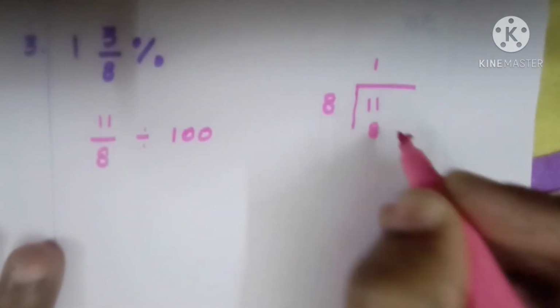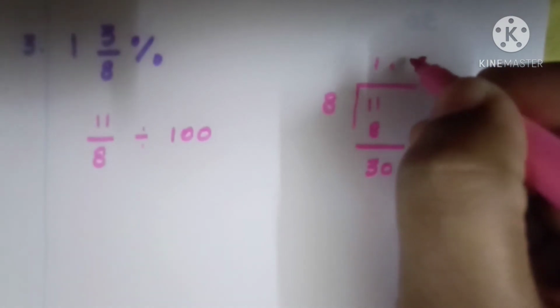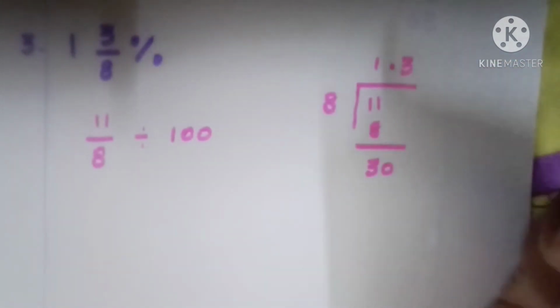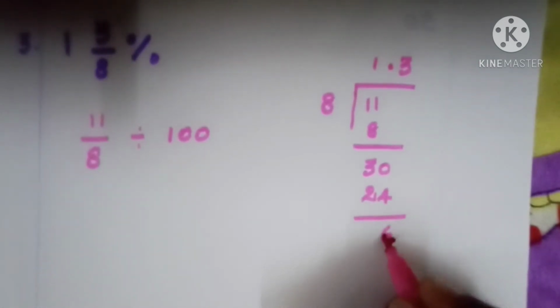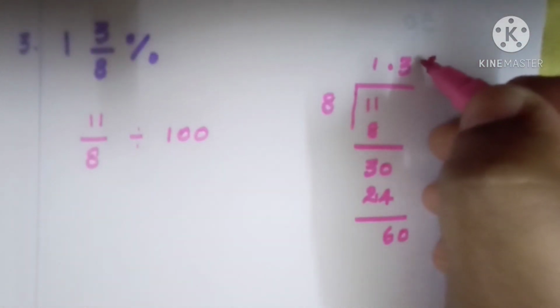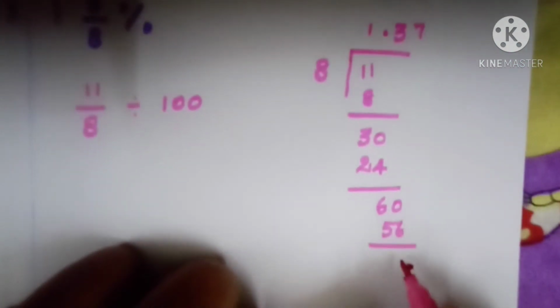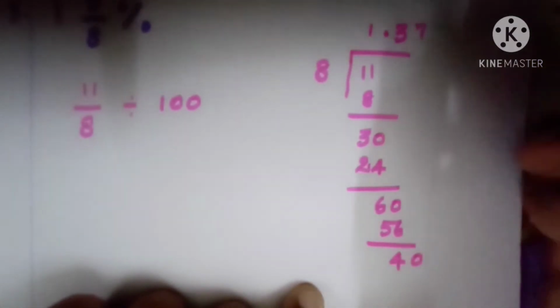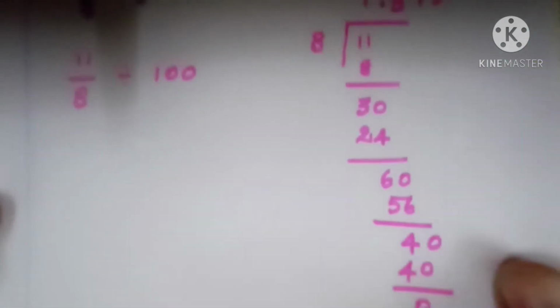1 8 is 8. We get 3 remainder. Put a decimal point and add 0. 3 8s are 24. And what is the remainder? 6. Add 0. Then 7 8s are 56. So what is the remainder? 4. And add 0. And 5 8s are 40. So your answer is